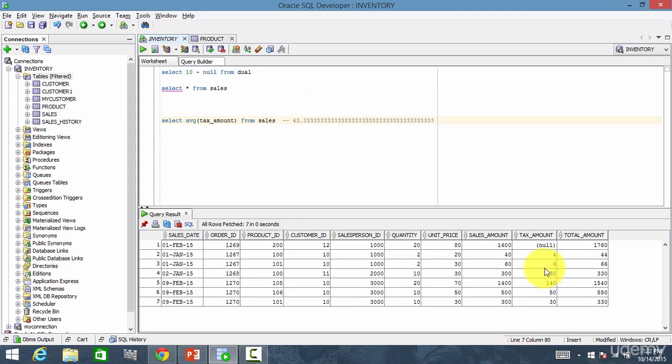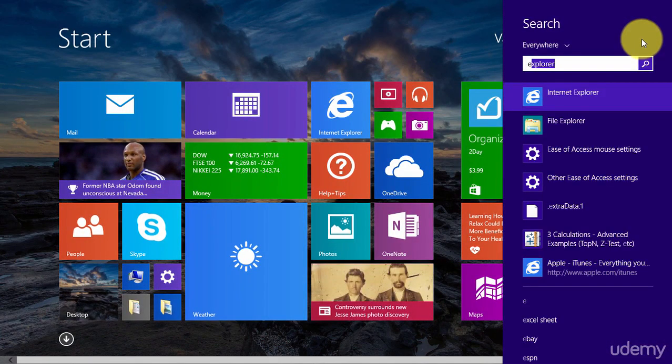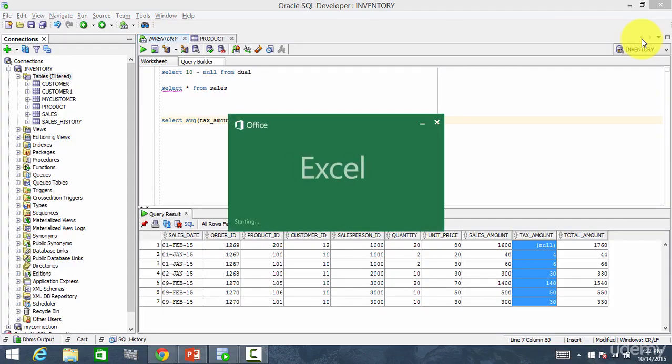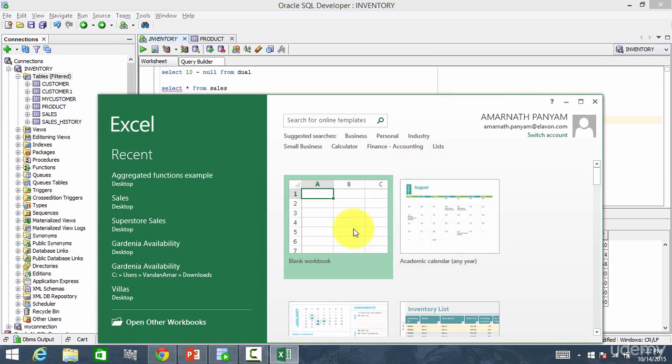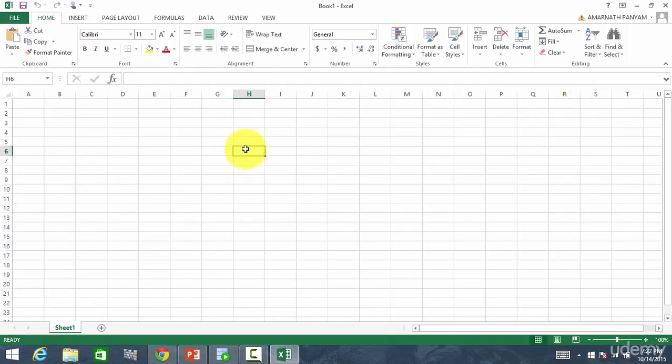Now let's see if the value of 43.33 is right or wrong. I copy this value, Control C, and then I open the Excel sheet. In the Excel sheet, I paste the values.